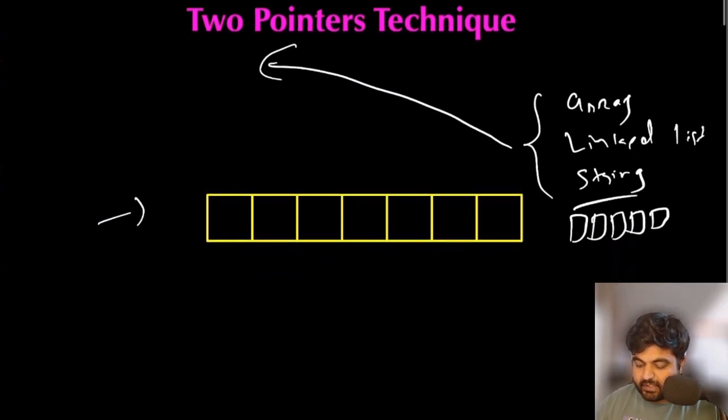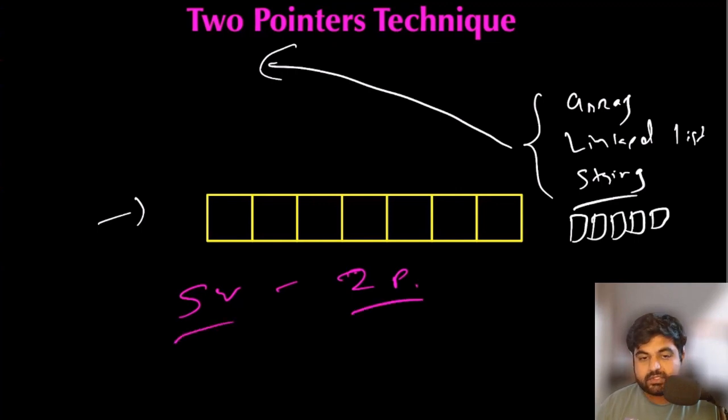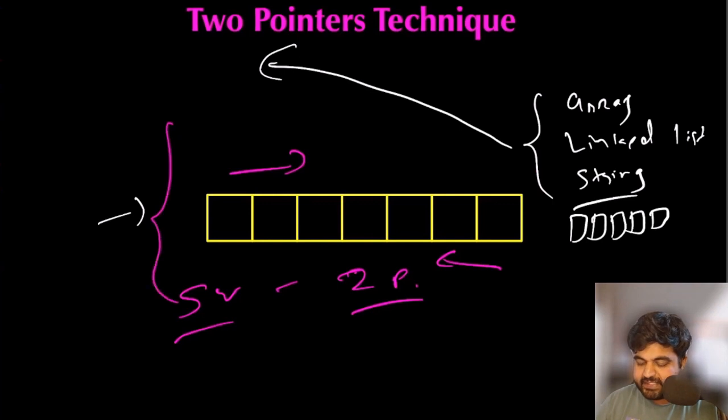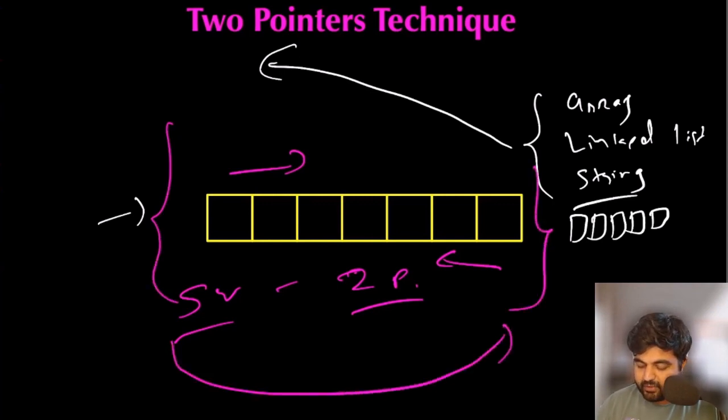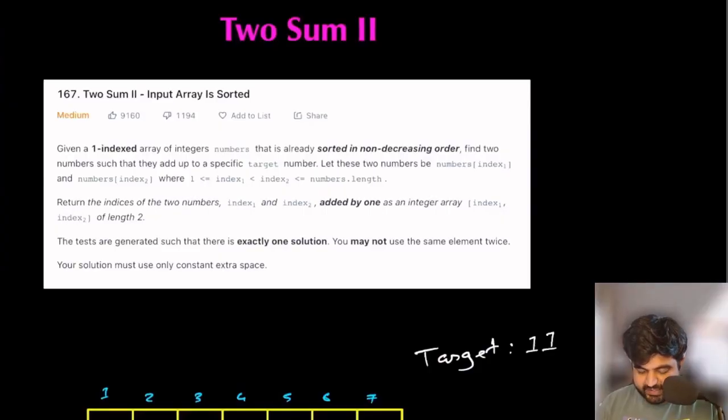Also, one more thing, sliding window and two pointers go hand in hand, because both of them typically allow you to iterate over the given input arrays, linked list or string in some way or shape, and the combination of both of them is going to be very crucial in many coding problems that you will see. So I hope this explanation makes sense. When we move on to the examples, things would become much more clear on how we are implementing the two pointers technique. So the first example we are going to see is going to be the 2 sum 2 problem.